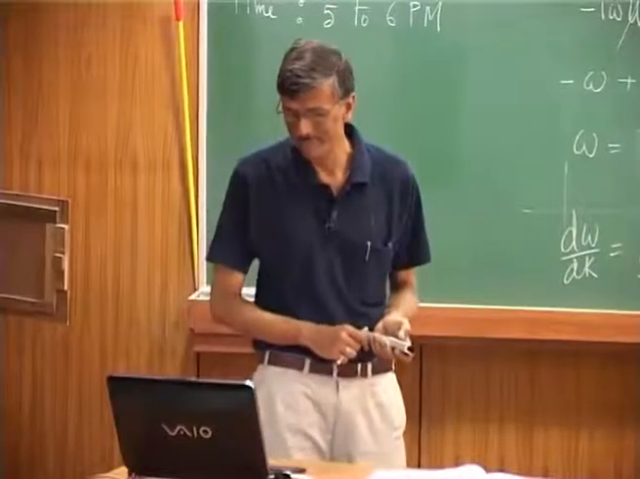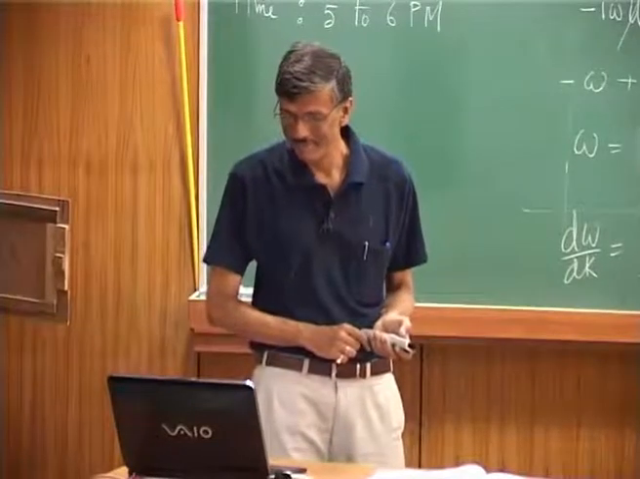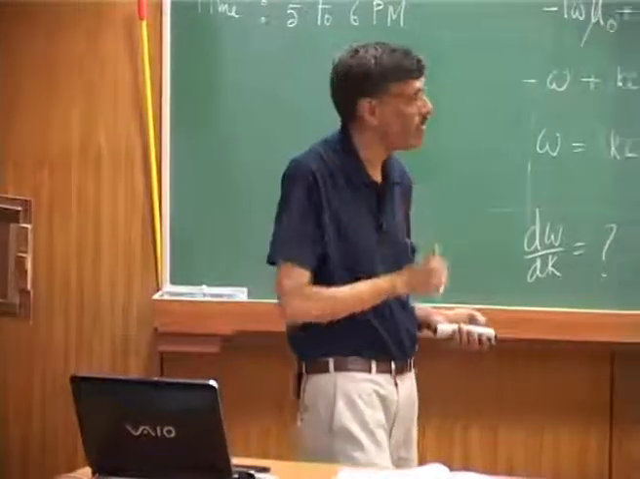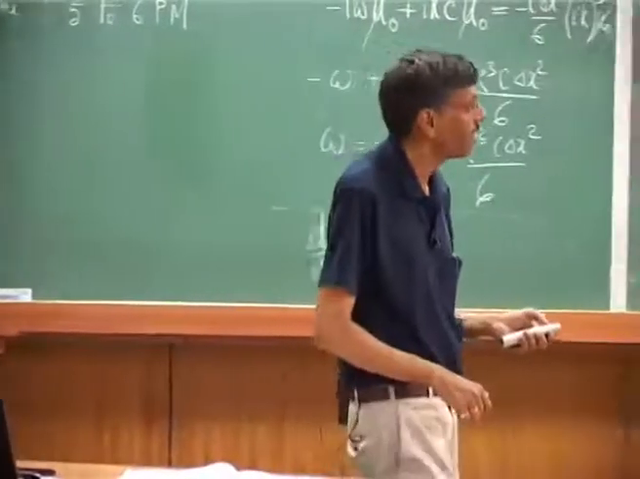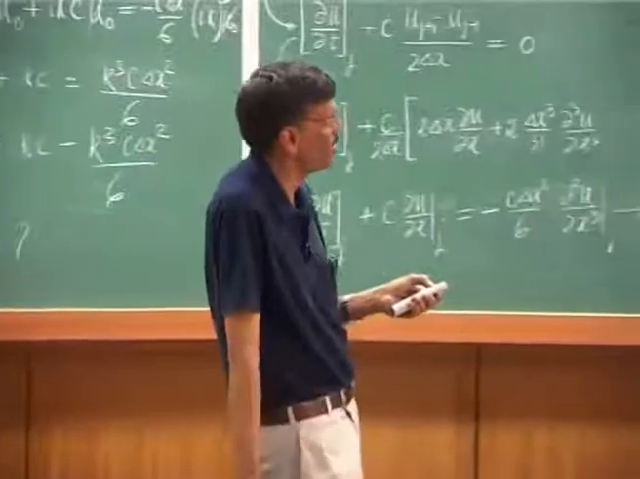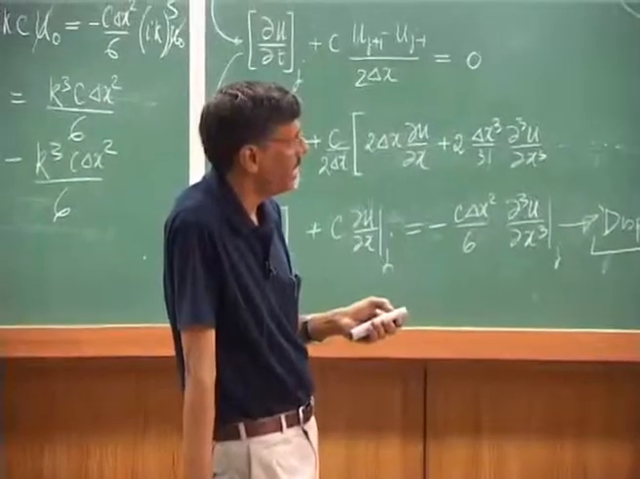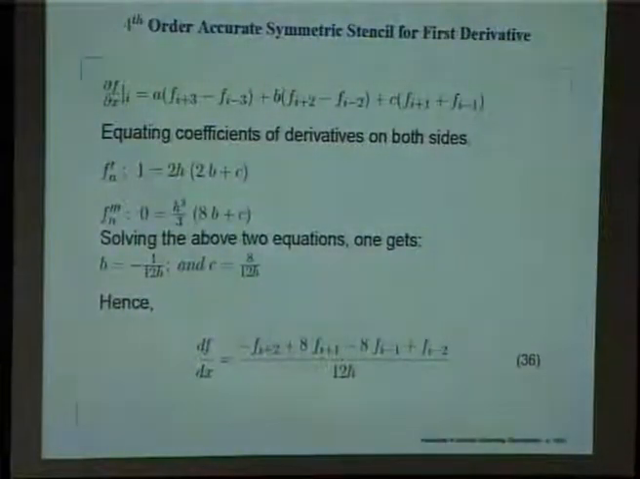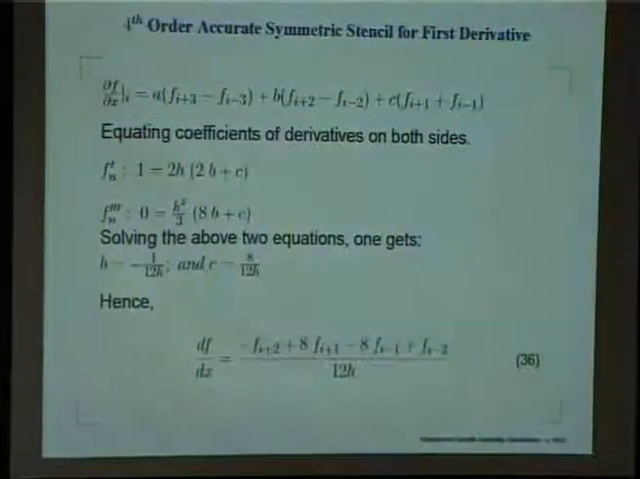Now, what happens? Suppose I would have tried to do that with a 4th order accurate stencil, then of course, this A is superfluous. As I explained to you, a 4th order would involve 5 points, 2 to the left, 2 to the right. So, we should have begun with B and C, and once we do that, this is what we get,